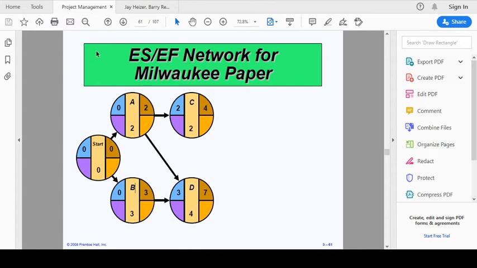और activity A का EF क्या है? So you can see from here इसका EF क्या है? ठीक है. It's 2. और activity B का EF क्या है? It is 3. ठीक है. इन दोनों के EF में जो maximum EF होगा वो यहाँ पे activity D का ES हो जाएगा. यानी ये 2 और 3 में जो maximum है वो यहाँ पे आ जाएगा. That will be the ES of activity D. ठीक है. और उसका EF हो जाएगा 3 plus 4 which is equal to 7.